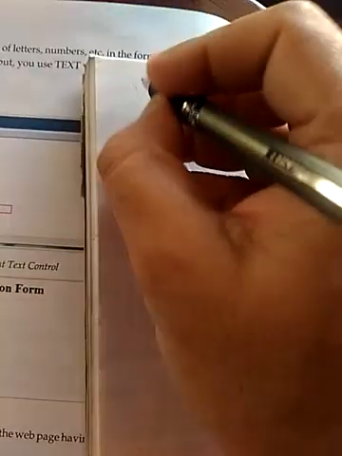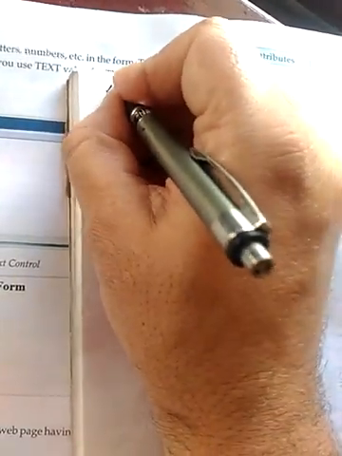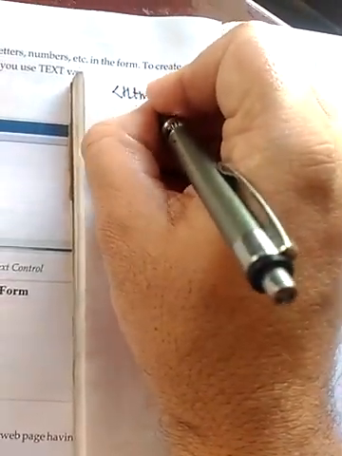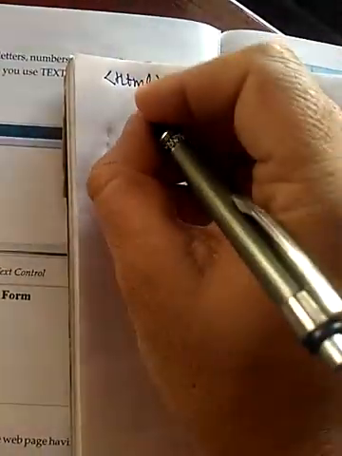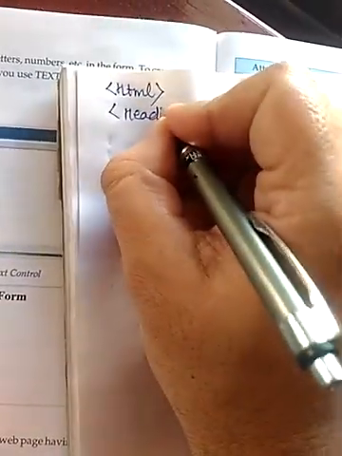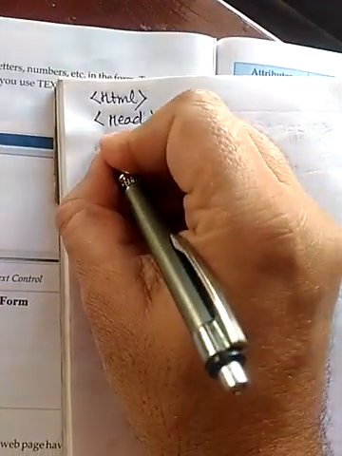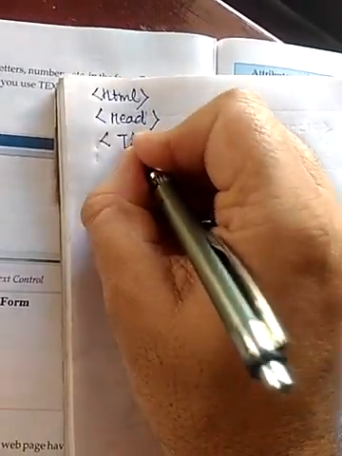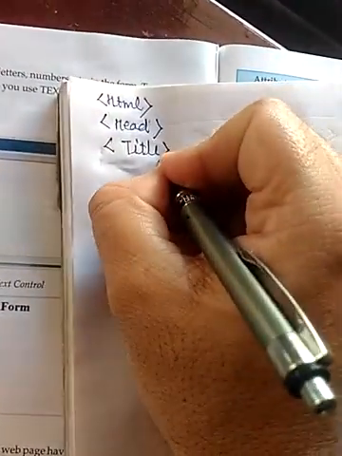So as we know, to define a web page, first you have to write the HTML tag. After HTML we write head. In the head section we define title.